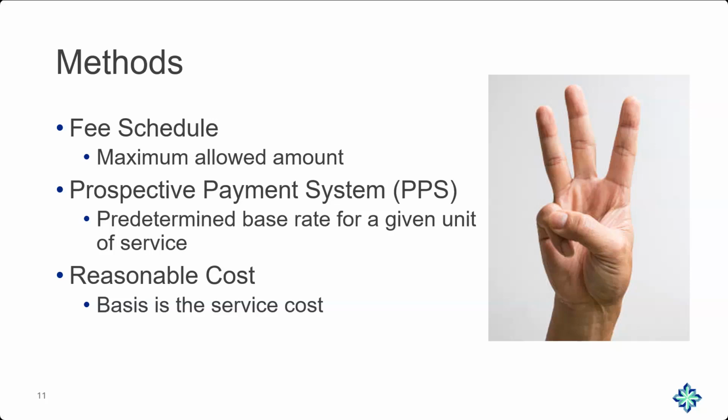The last one is what is called reasonable cost. And this is actually a payment based on the actual cost. This means that we determine the cost for inpatient and outpatient services, and then we share those costs allocated to the Medicare program. So we'll look at that with certain types of payment methodologies. The one to keep in mind, or that most people are familiar with, is critical access hospitals. They're paid on a reasonable cost base, but more to come on that.